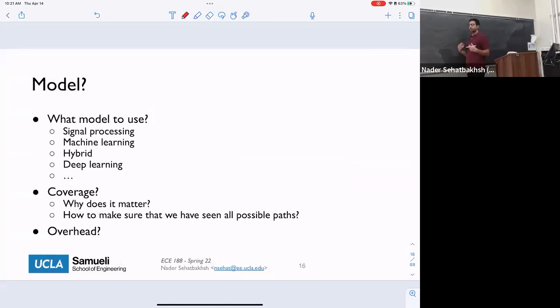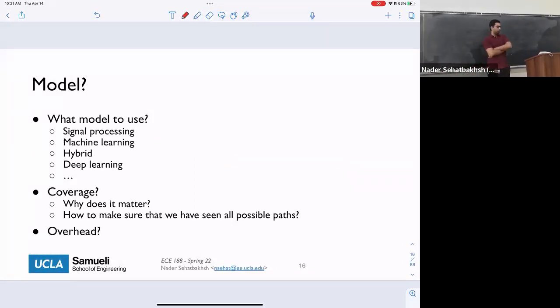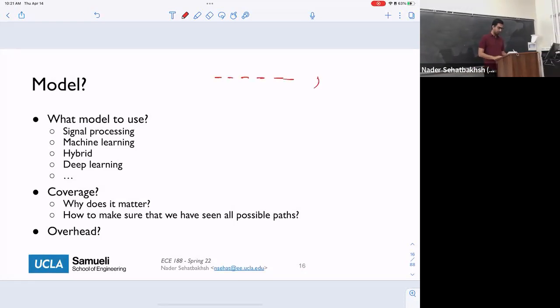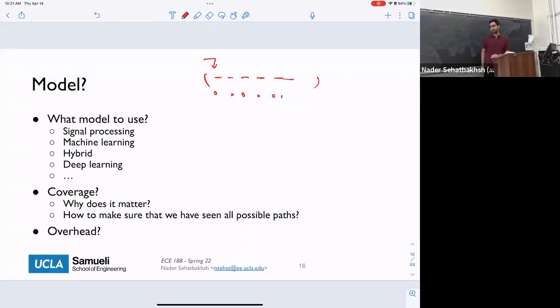So now that we know what sort of features we are going to get, the question is, okay, how do we build our reference model? To build that, this problem becomes kind of a mixture of signal processing and, these days, machine learning, really. So what you're dealing with is a sequence, some sort of time series signal, right? So let's say, for example, we are looking at the number of jumps in your program. You basically have jumps at different time frames or a specific sampling time, right? And then you want to see whether this is an anomalous behavior or a normal behavior.